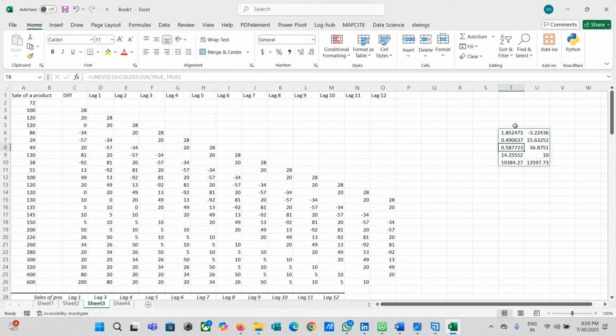So 1.85 is the coefficient. Now I'm going to write this 1.85 and measure my t stat, that is 1.85 divided by 0.49. Okay, I'm going to take my R square, that is 0.58. Now what I'm going to do, I'm going to improve.